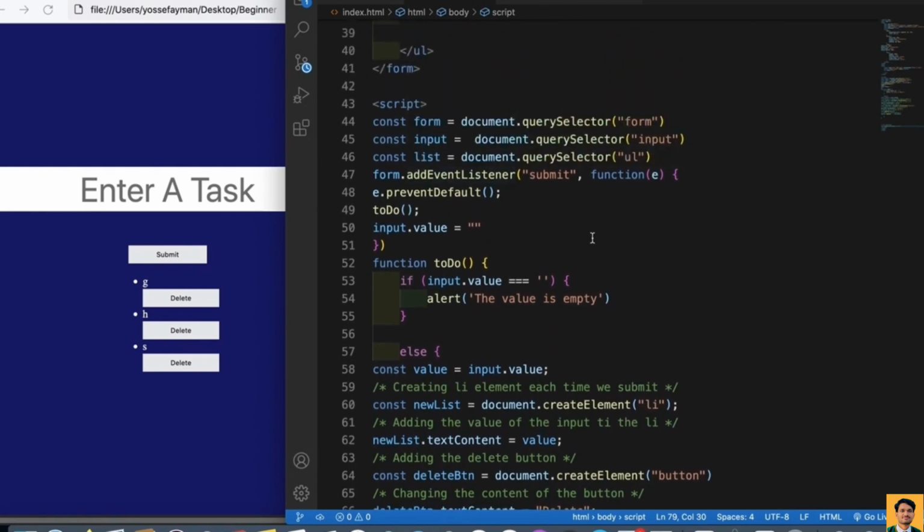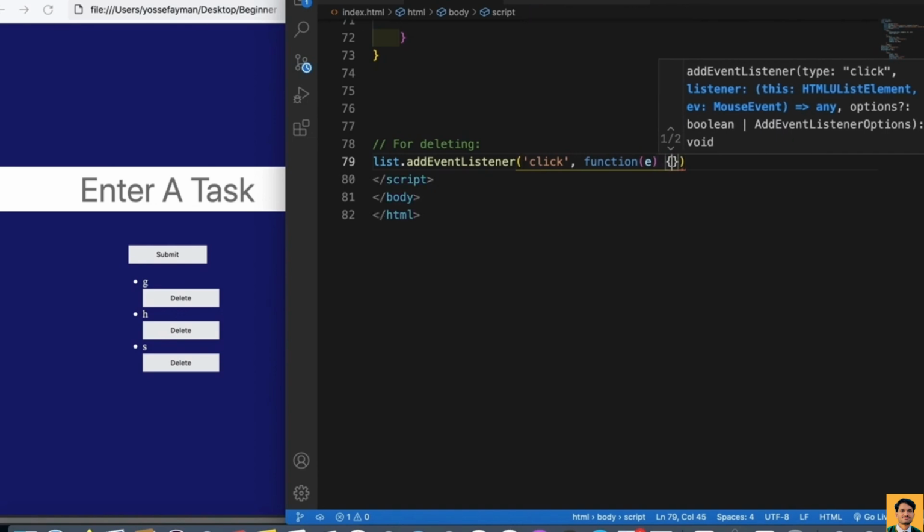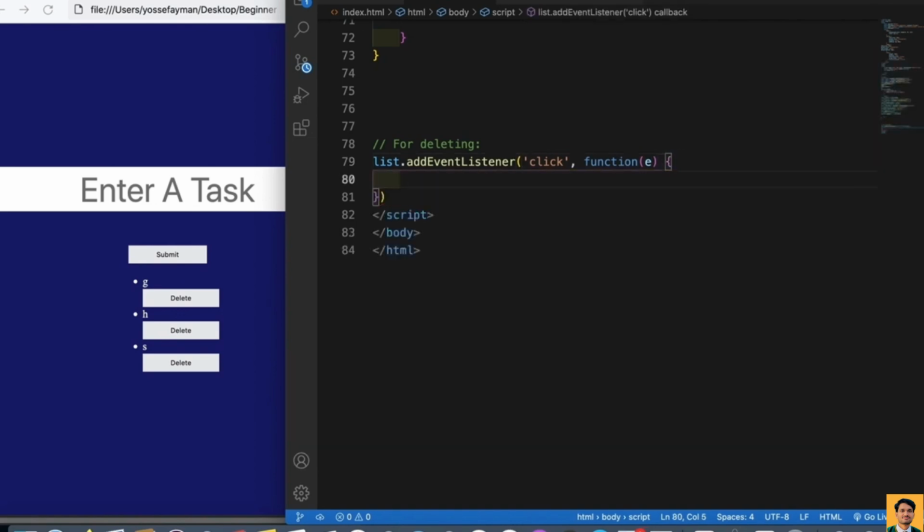I will click on the UL. So here, I will make a function of e, because each item we submitted has something like an ID, right? So when I click on this one, this will be deleted. I don't want to delete all. And then if